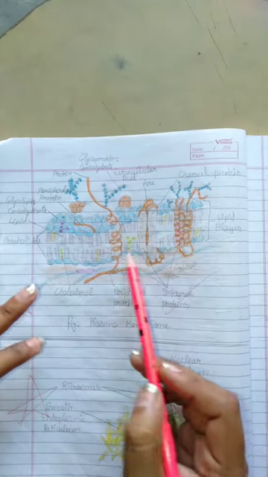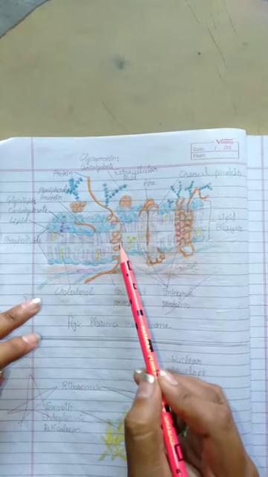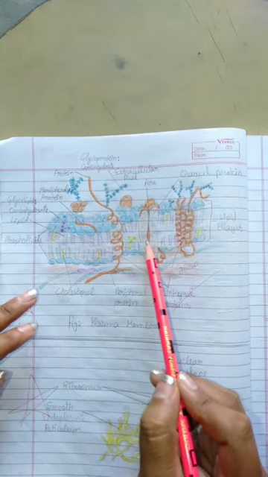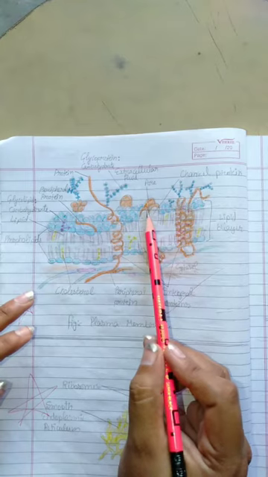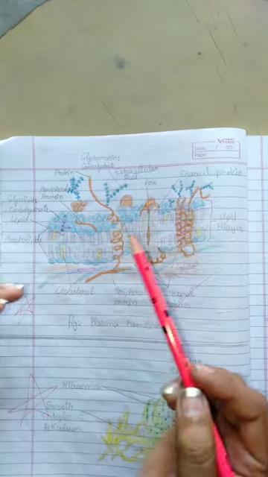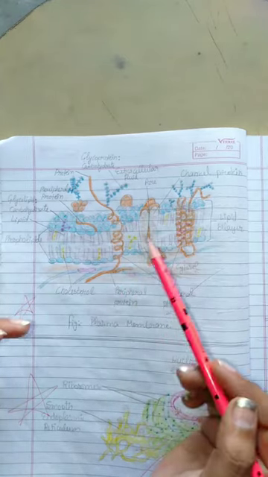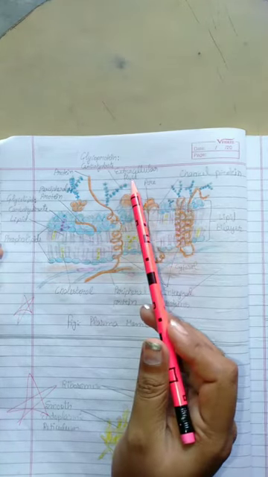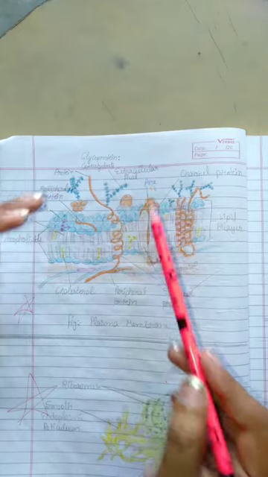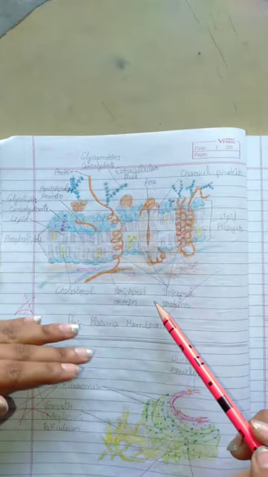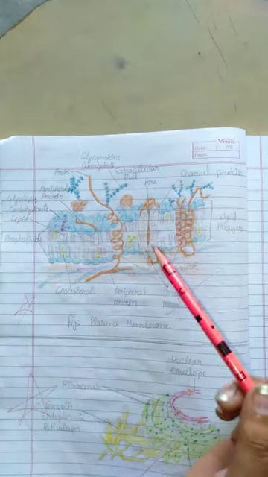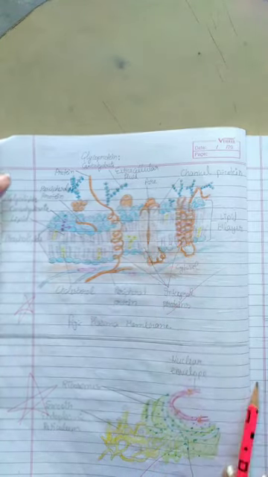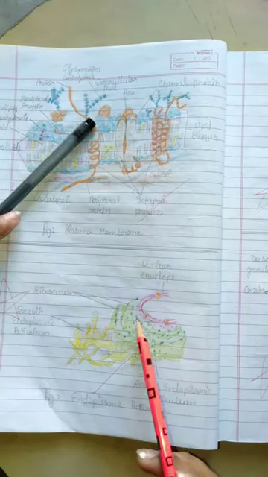There are three integral proteins in the plasma layer. These are, and in between these integral proteins there is a pore for the transportation of material from inside to outside and vice versa, so it is also known as channel protein. And this side is extracellular fluid and this side is intracellular fluid. And after that it is the whole structure of the plasma membrane.